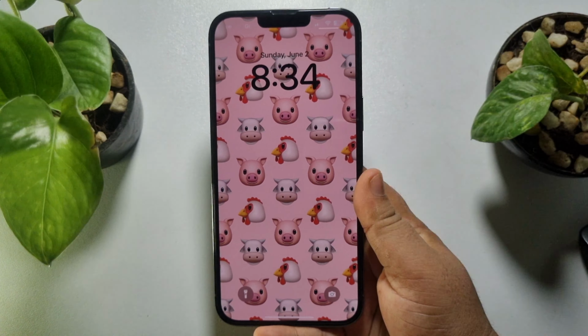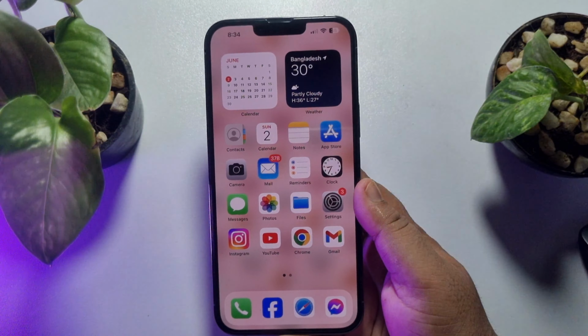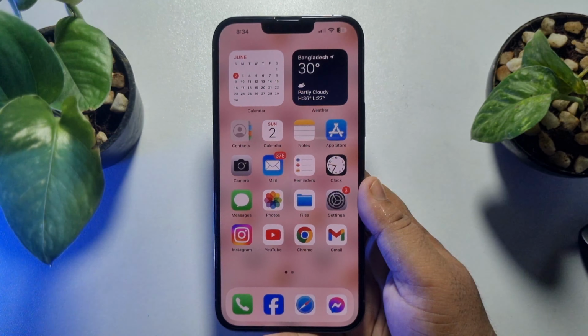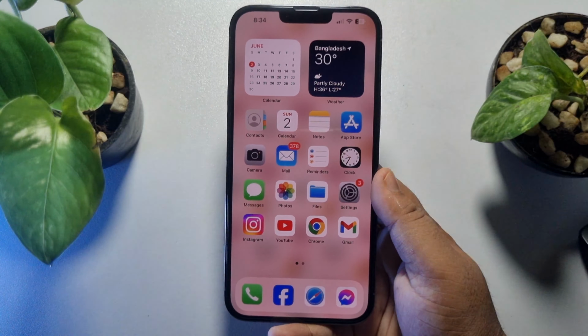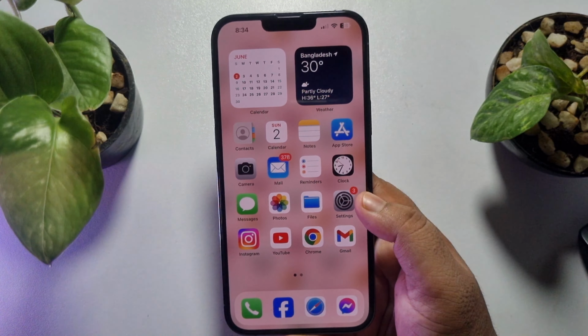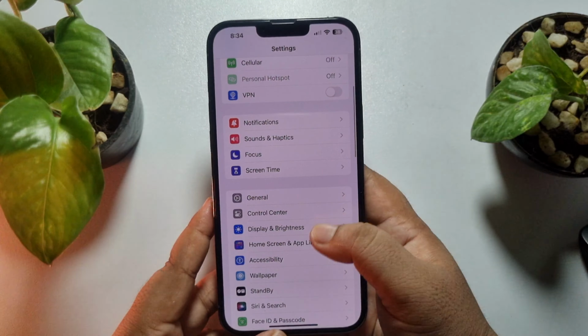Hi, in this video, I'm gonna be walking through how to use a different photo for iPhone home screen wallpaper. Follow these easy steps to do it. First of all, go to your iPhone settings app and here tap on wallpaper,